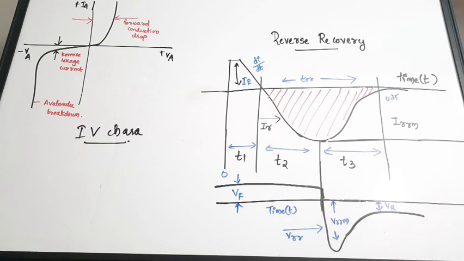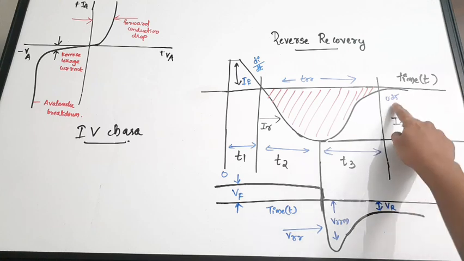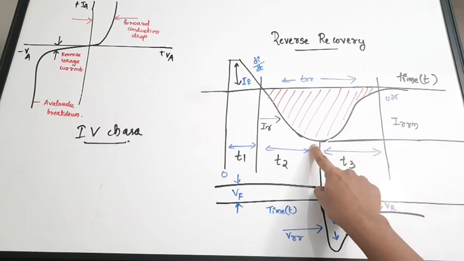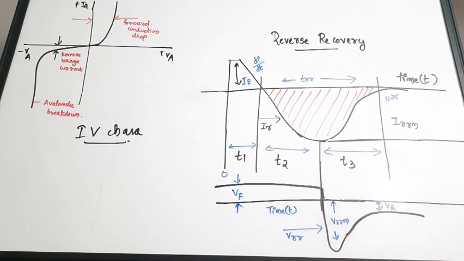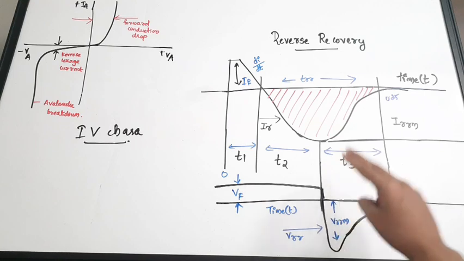Reverse recovery means the sudden dropping of current to a negative value and then recovery from that negative value to a relatively positive value, that is approximately close to 0. You can see clearly it is actually not 0 but close to 0. That is, it is 0.25 of this peak negative value. So that is the concept. The reverse recovery time is the sum of T2 and T3.